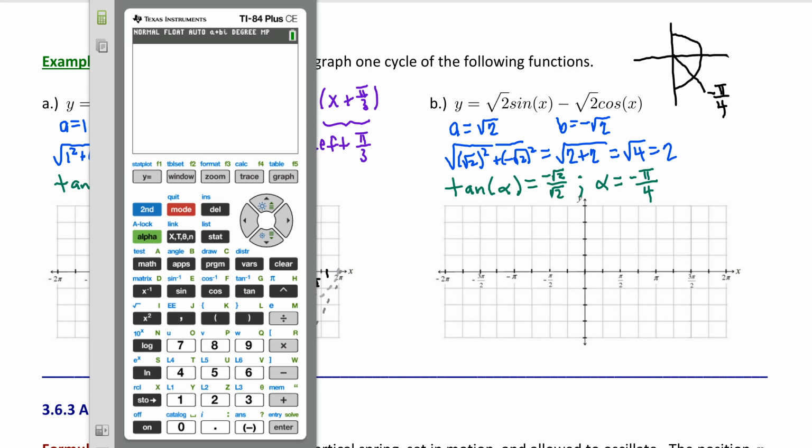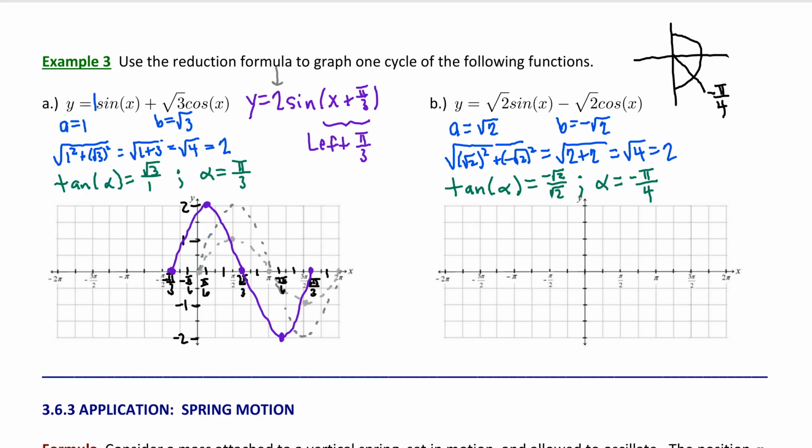Perhaps this is easiest to see if we convert our calculator into degree mode and evaluate inverse tangent of negative 1. Notice the result is negative 45 degrees, or negative pi over 4. So our phase angle here is negative pi over 4. So the reduction formula allows us to condense our original function into amplitude 2 times sine of x minus pi